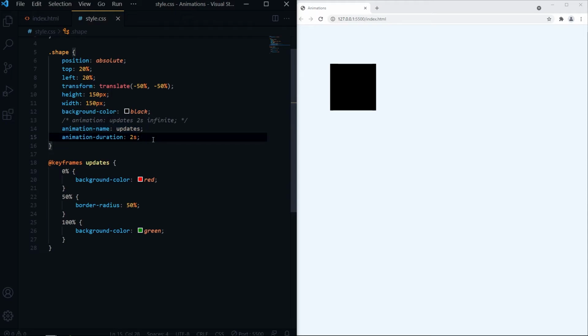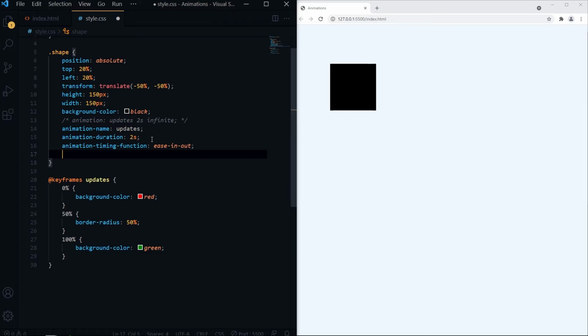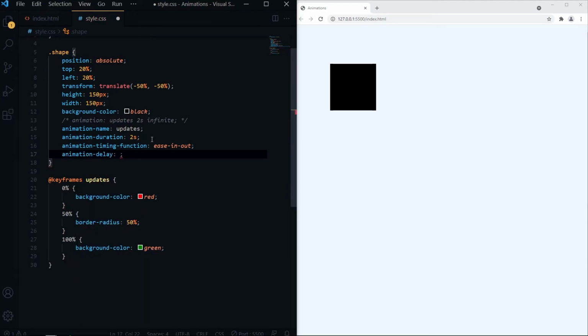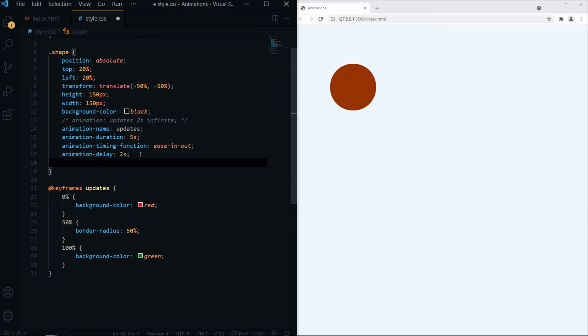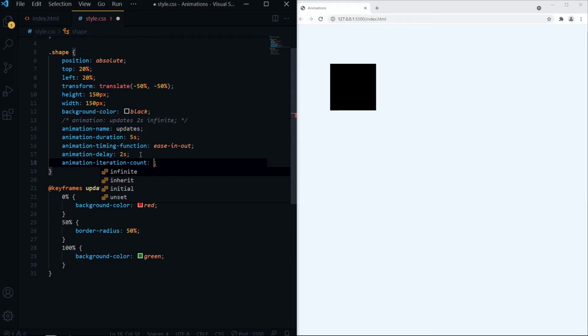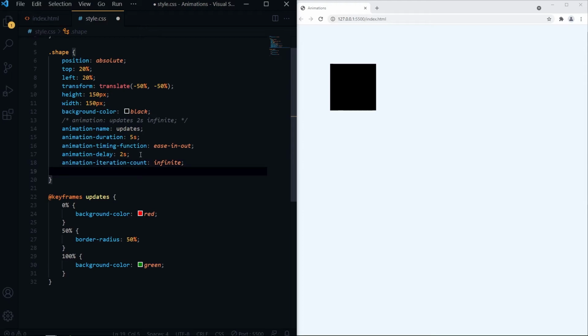We can give animation timing function. After that we can give animation delay. Then we can give animation iteration count. And last, we can give animation direction.